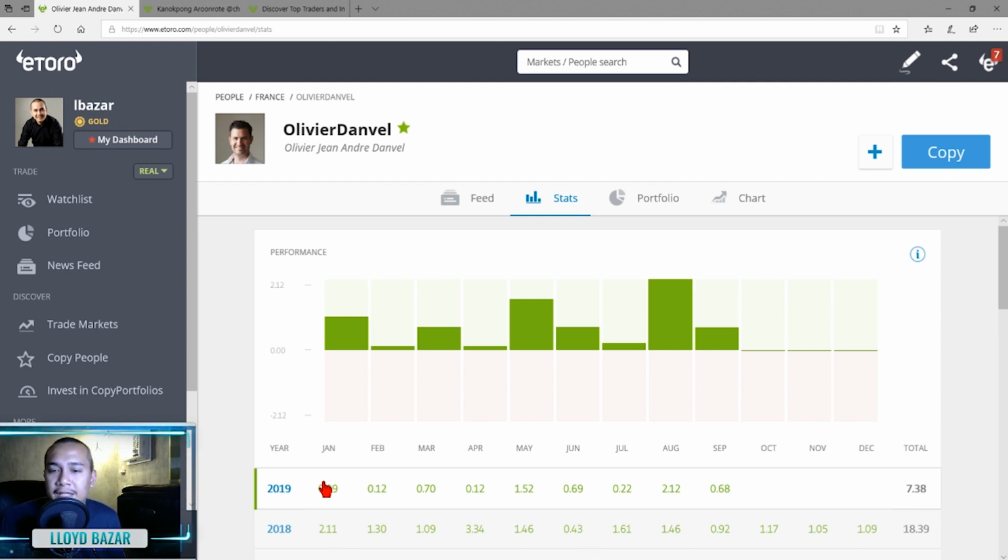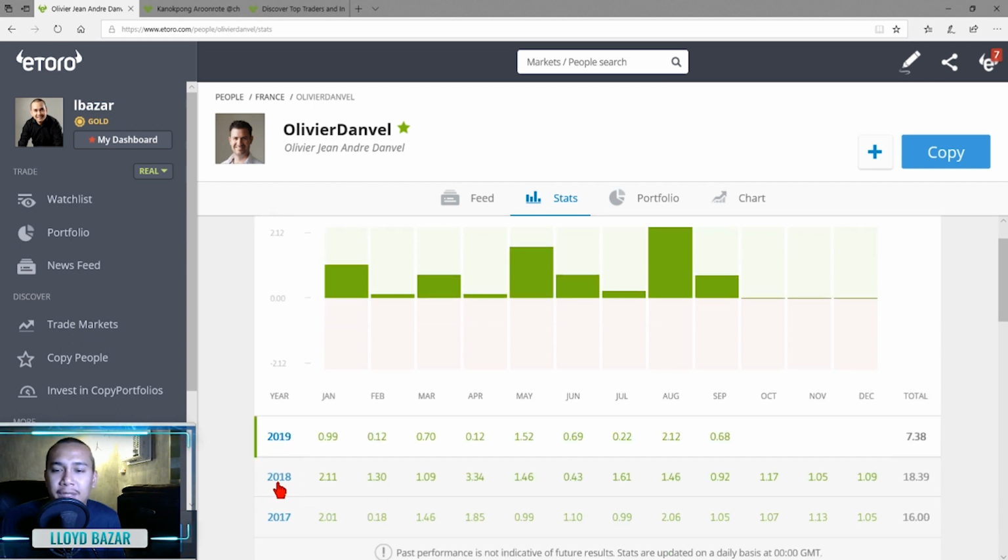Okay, so aside from 2019, you also check out his performances in past years. In 2018, he gained 18.39%. That's amazing. It doesn't sound like much, but consider if you placed your 100,000 pesos in a bank, it would have grown only, let's say, 2% at most, and minus tax. But if you place it here, it would have grown 18.39% for 2018. So that's a very good option to consider in investment. It's way better than putting your money in the bank.